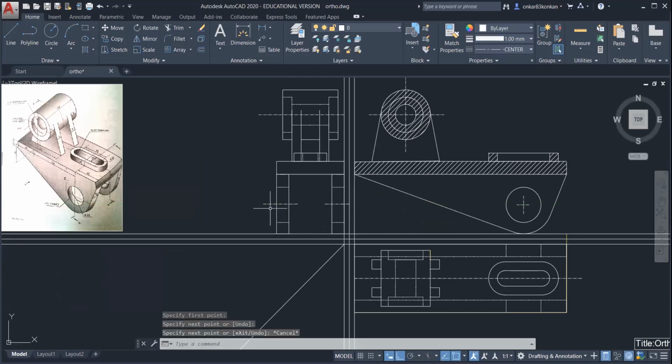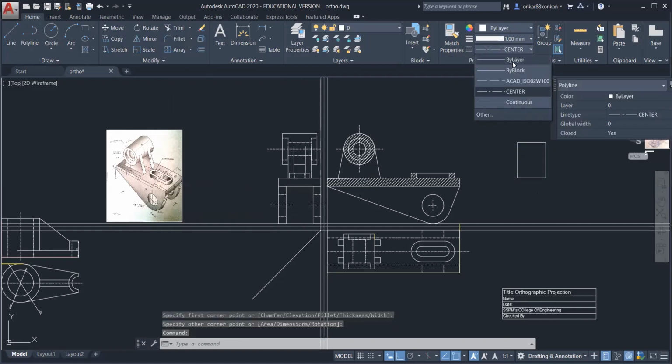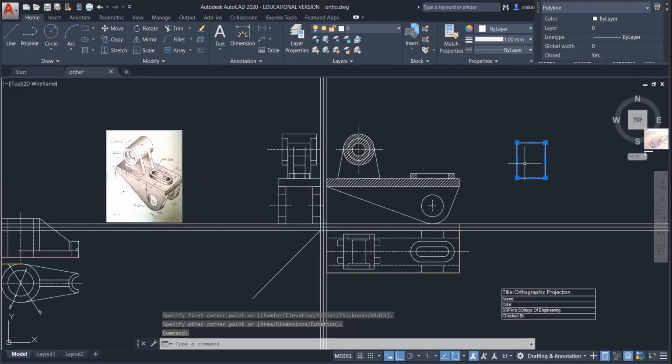So the reason for the center line in the side view is, so if there is a square hole, so suppose we have this square hole instead of this circular hole. Okay. And if you draw the side view for this square hole,